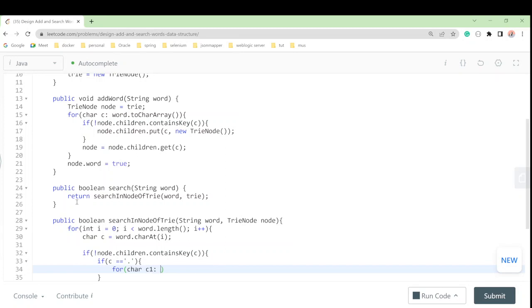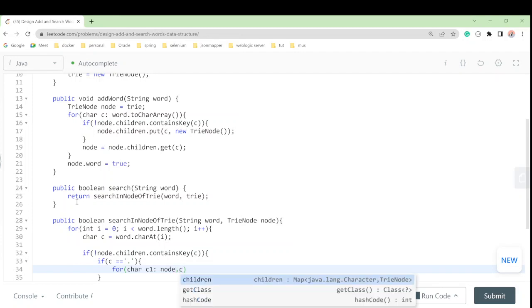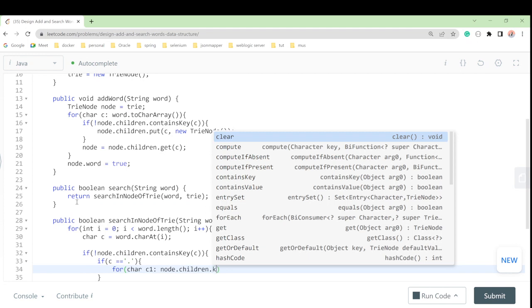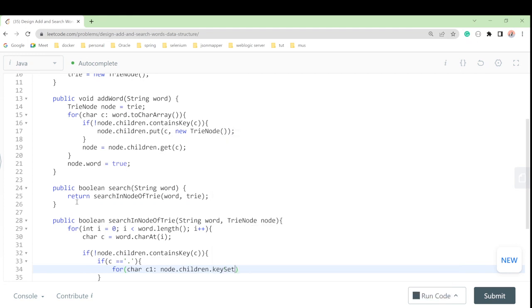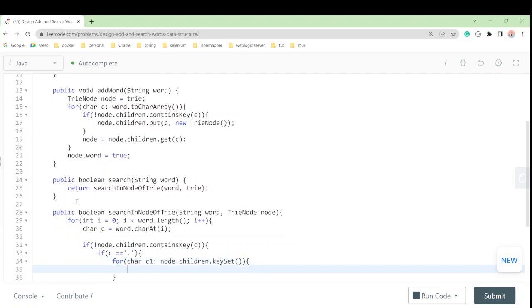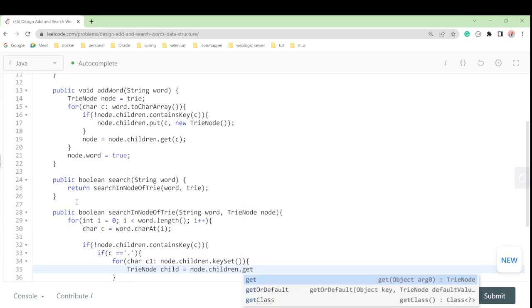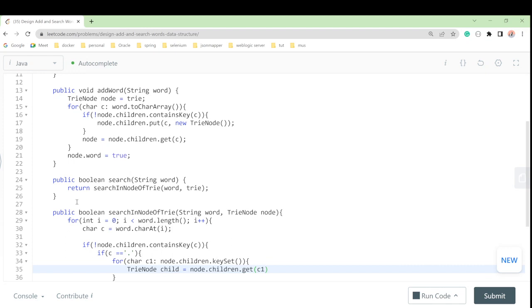Okay, so we'll check the next element. We'll take node.children and make a key set. On the key set, we'll get all the characters one by one, and then we have a TrieNode. Let's suppose this is our child, and we do node.children.get(c1). So we'll get our child, and on the child we'll check